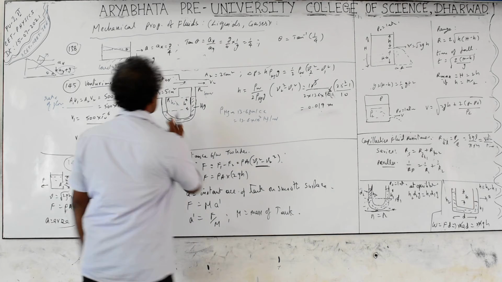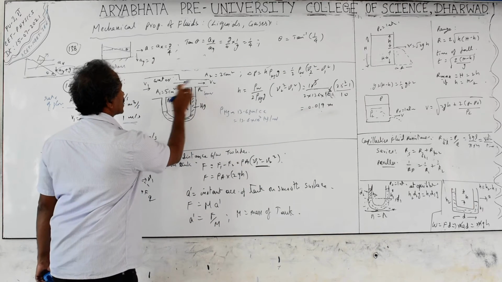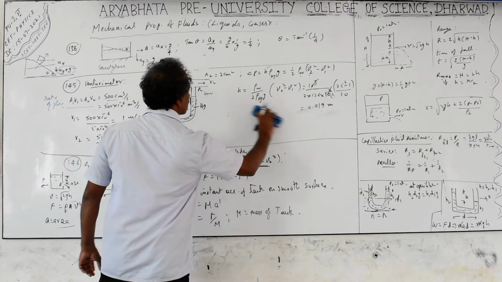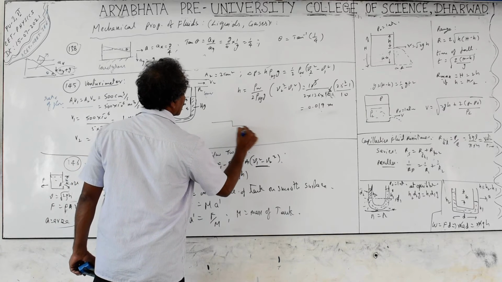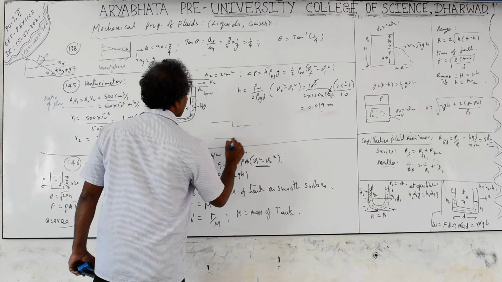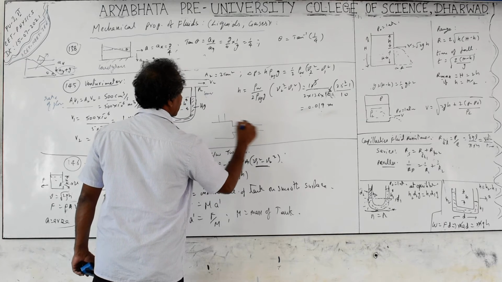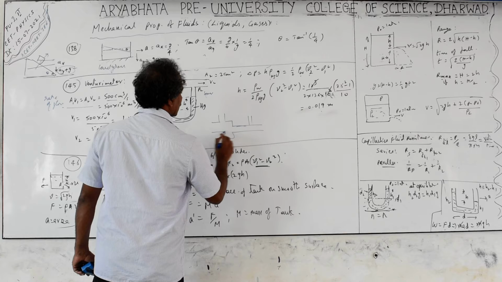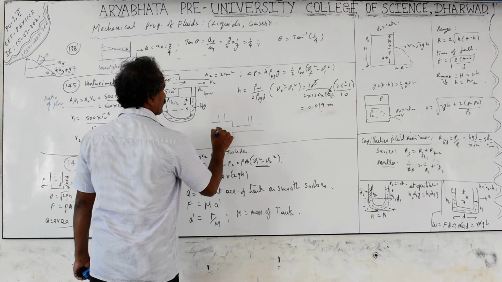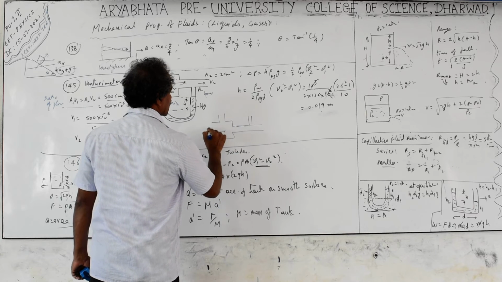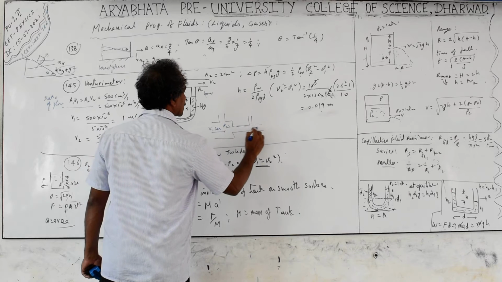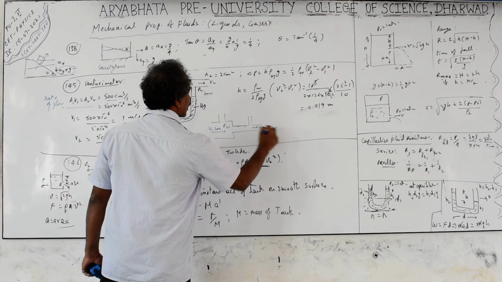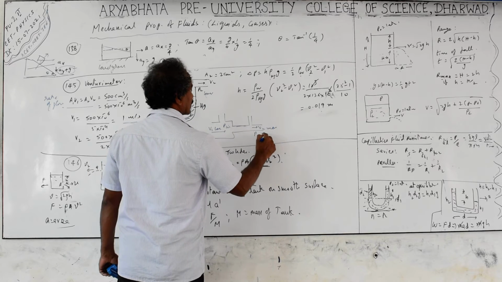Next, in case you want to take the same liquid here, you can take the same liquid in the horizontal pipe and the U pipe. Some problems will be given in similar ways. If you want to use the same liquid, here the pipes are fixed. Here the velocity is low, so pressure is high. Here velocity is more, so in this portion pressure is low.